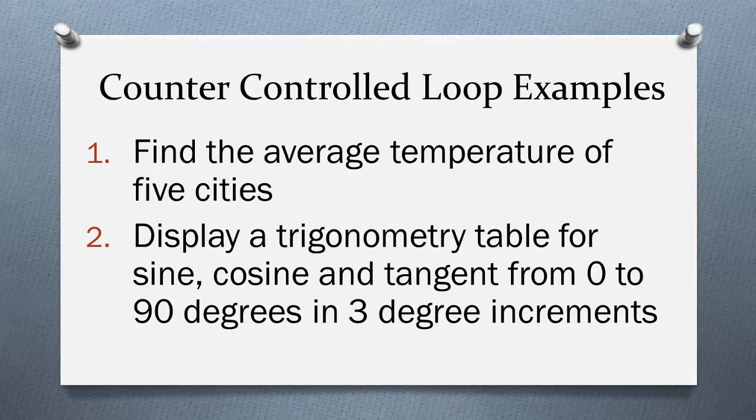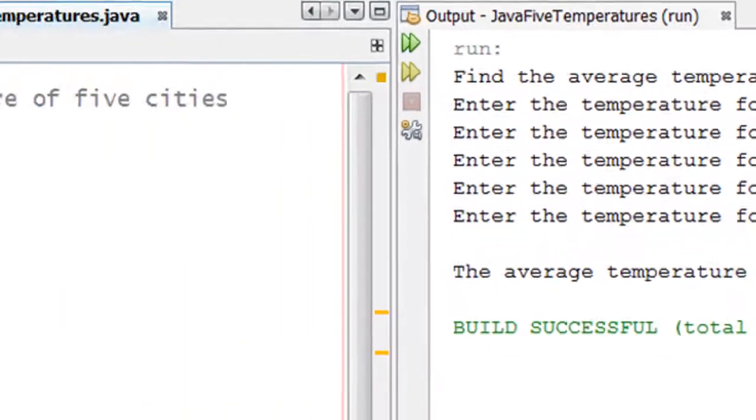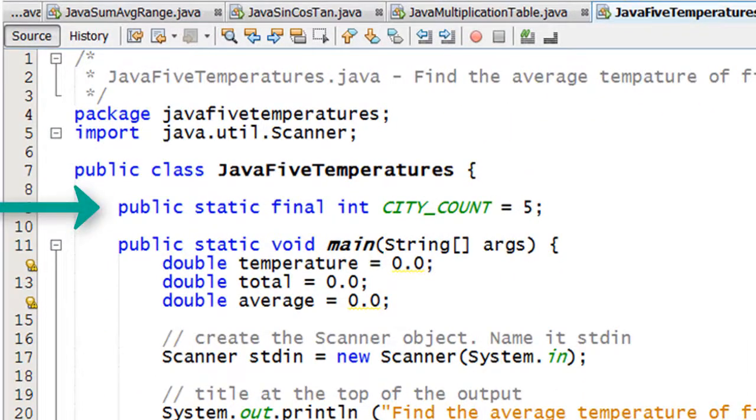Here are two examples of counter-controlled loops. 1. Find the average temperature of 5 cities. 2. Display a trigonometry table for sine, cosine, and tangent from 0 to 90 degrees in 3-degree increments. This program reads temperatures from 5 cities and then computes and displays the average temperature. In this example, the count of the number of cities is defined with a constant at the top of the program. public static final int CITY_COUNT = 5;